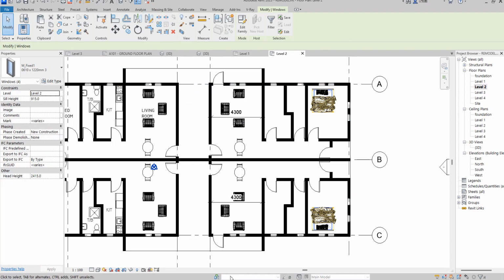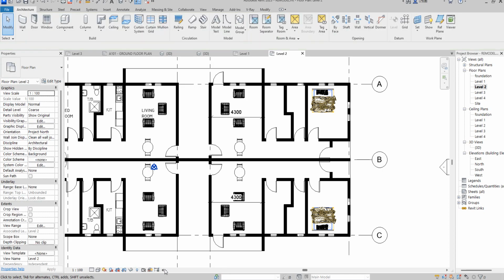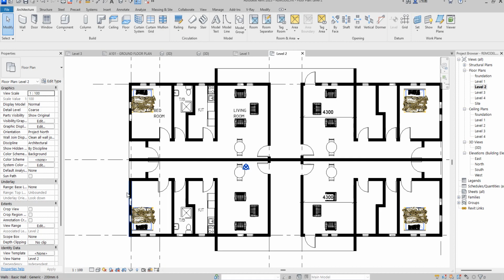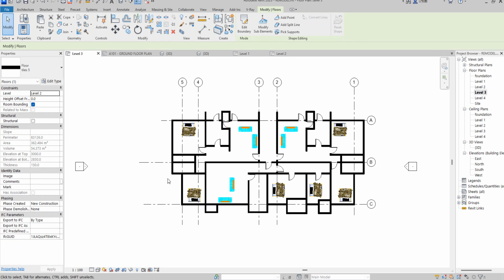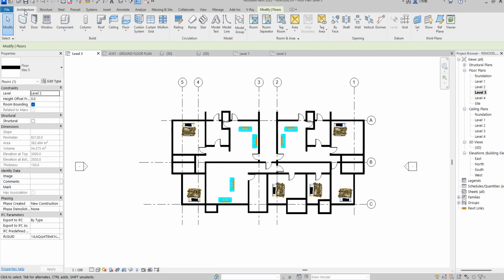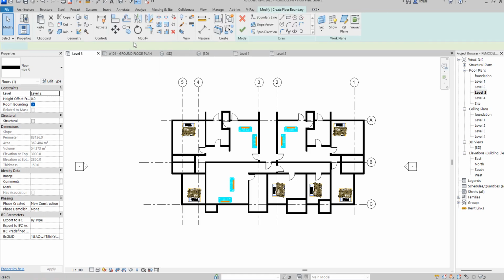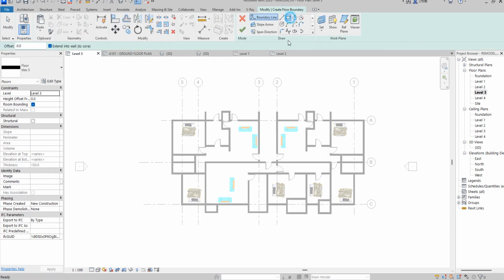So when you look at it now from this side, you see that they are uniform. This is it. So the next thing is that you go to level 3 and do the needful. And what is happening here is that first let us create the slab. So the slab here is going to be something that will usher us to the entire design of what we are doing. So I'm going to say from here,